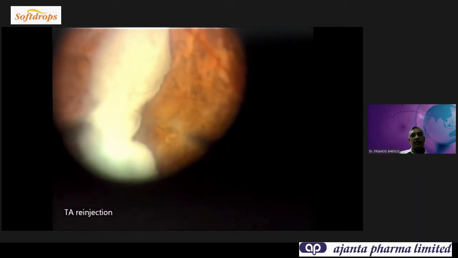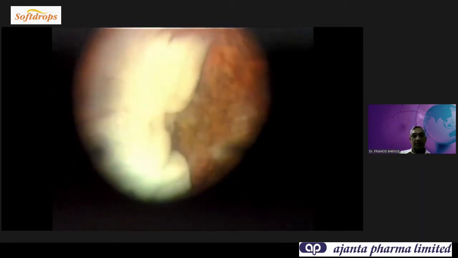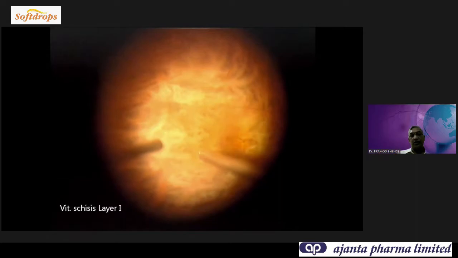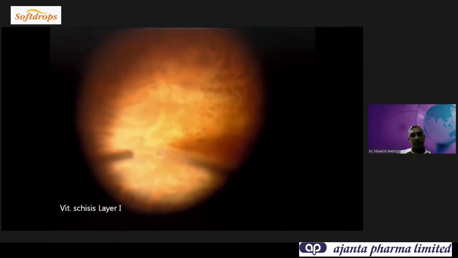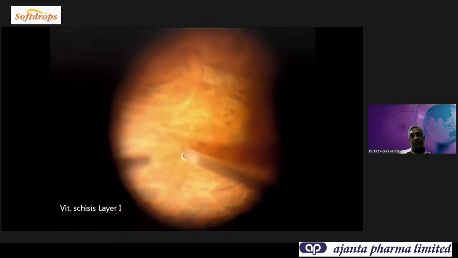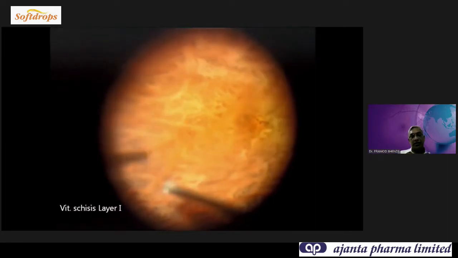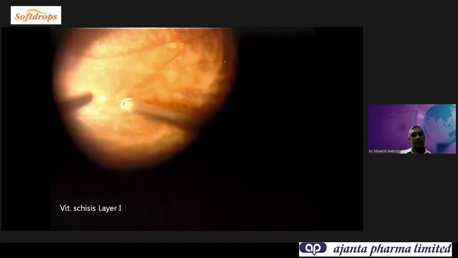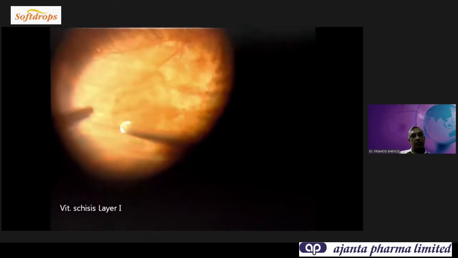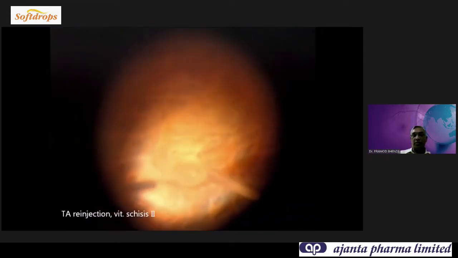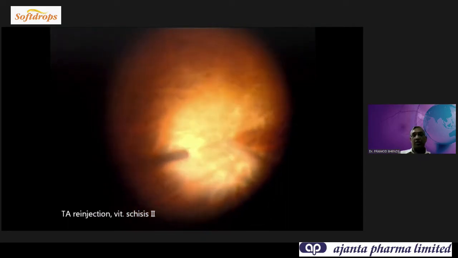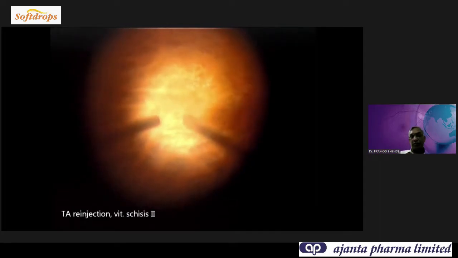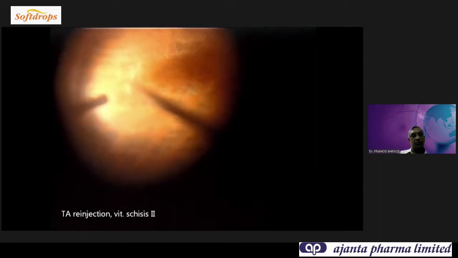So I decided to go back again, a second time, and injected IVTA. And what you see is, again, another layer. As you see, the second layer is coming on. Only suction was enough to get my second layer out. And with the previous experience, even though this layer came out, we decided to inject IVTA one more time, and that's where we got another, third layer as well. So these myopic eyes usually have more than one layer of vitreous, so